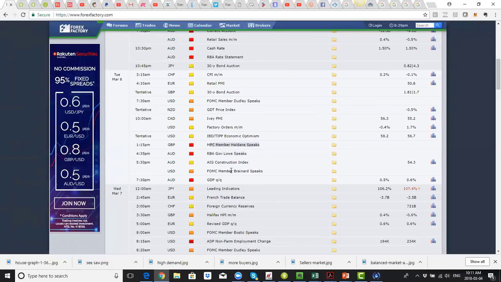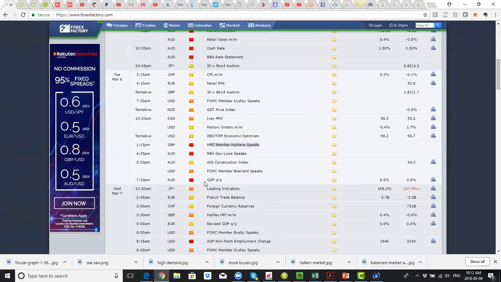Even Bank of England Governor Carney's speech the other day and Prime Minister Theresa May's speech did not really pull it back from the whole negative sentiment that we've been seeing for the British pound, especially last week or the last couple of weeks. So the sentiment still remains, but because we have seen a large decline, we could get a pullback. So be aware of that.